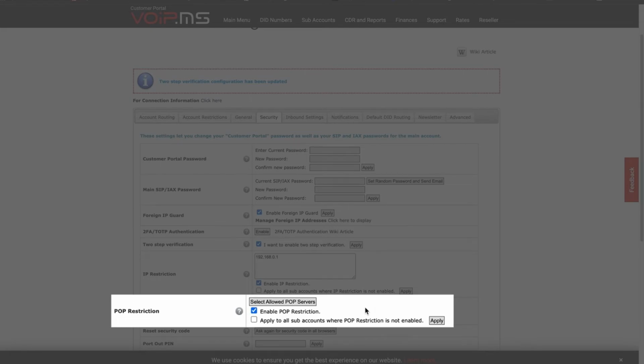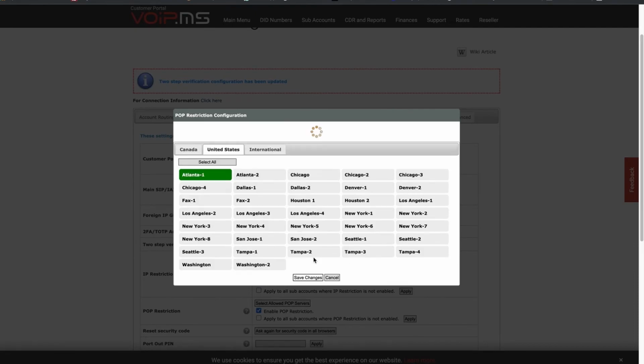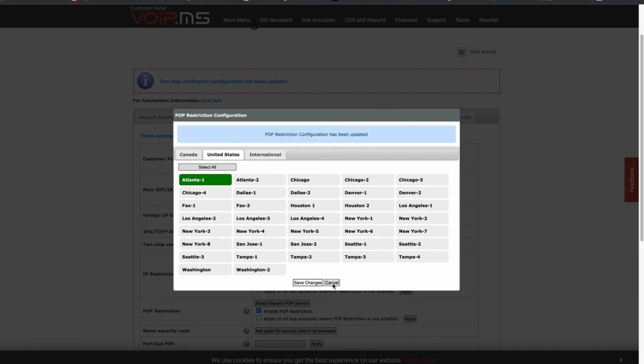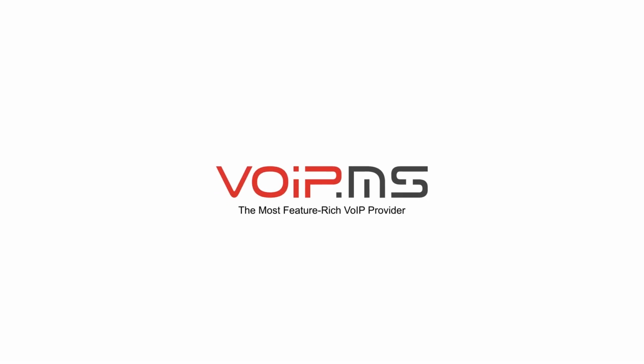POP servers. Many of the settings are also applicable exclusively to individual sub-accounts, in case you don't wish to restrict all of your sub-accounts. For more information on each restriction currently available, check the web link in the description box below. And these are some of the settings available to provide you with more control and security over your